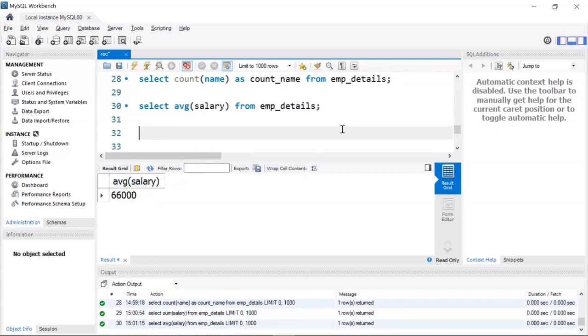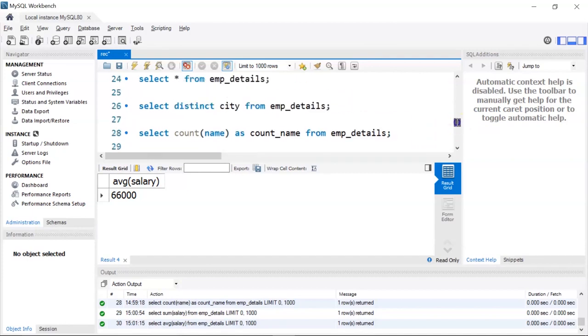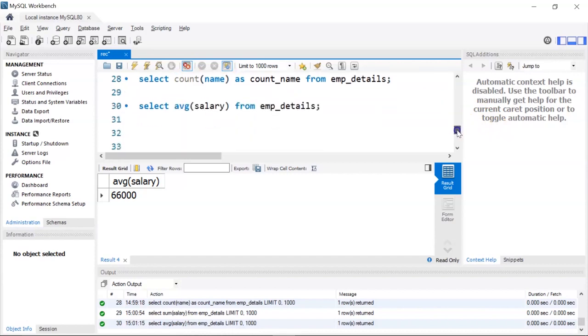Now you can select specific columns from the table by using the column names in the select statement. So initially we were selecting all the columns. For example, like you saw here, the star represents that we want to see all the columns from the employee_details table. Now suppose you want to see only specific columns, you can mention those column names in the select statement.